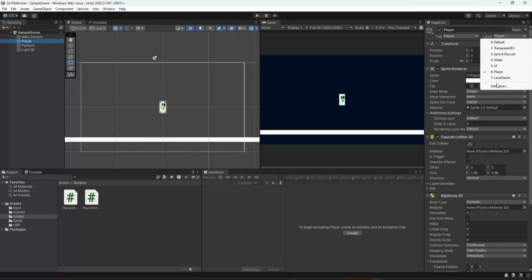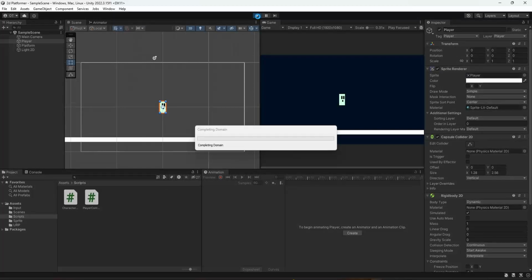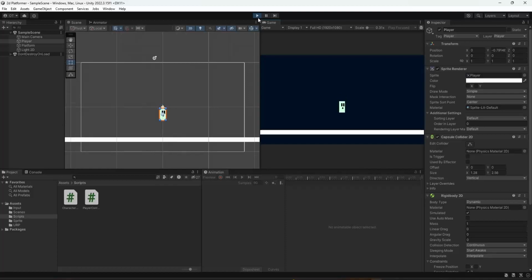Normally you see this level geom here, which is supposed to be the ground or the level, and that is what we are going to make sure the player collides with. Let me press play so you see what we had in the previous class. As you can see in my game window here, I can't move the player. But if you look at the transform position, I can move my player left and right. It's working, but I can't do it here because we have not set the gravity or the player to detect